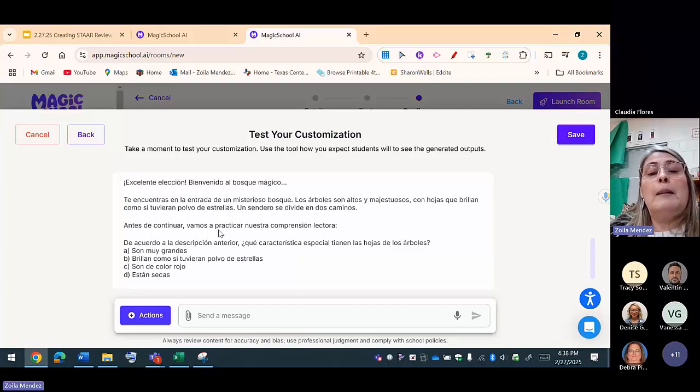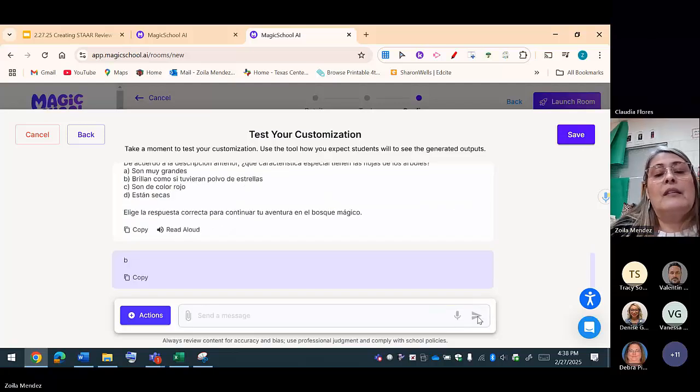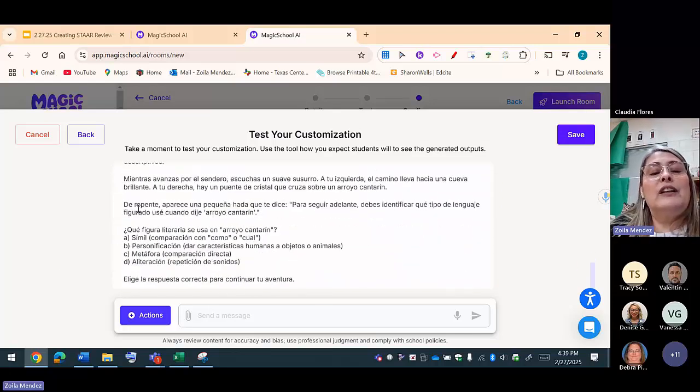Antes de continuar, vamos a practicar nuestra comprensión lectoral. De acuerdo a la descripción anterior, que es lo que te dieron aquí, ¿qué características especiales tienen las hojas de los árboles? So, like the little paragraph that they gave them, they have to answer. ¿Sí? Le pongo aquí B, letra B, porque brillan como si tuvieran polvo de estrella. Esperamos. Correcto. ¿Ves? Entonces le da otro